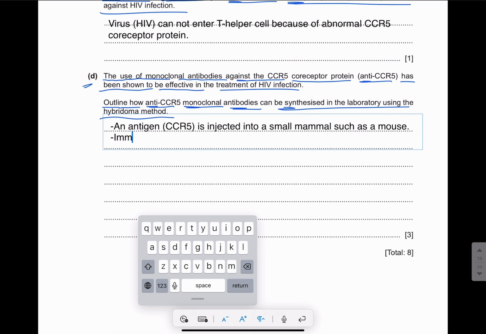Then an immune response occurs over several weeks. You all know that the immune response takes several weeks. Then what do we do? We extract plasma cells